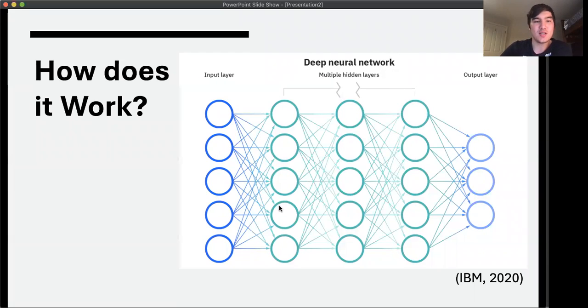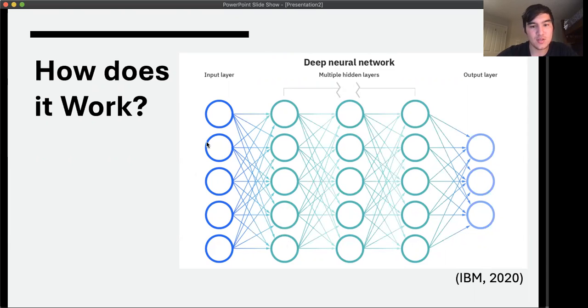It has these nodes, and this is supposed to model a human brain in a sense. Each of these nodes is called a neuron, and they're given a weight. And based on that weight, they have a threshold as well. So an input is given and is giving a number. And now based on that number, it's given a threshold. So say it meets this threshold here. Now that neuron has a weight. It's multiplied by that weight. And now it has a new number. And now it has to meet one of these thresholds.